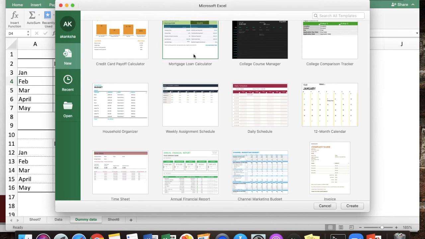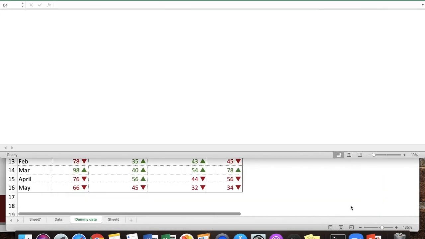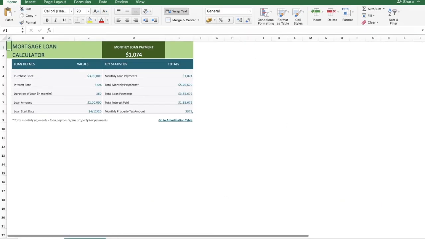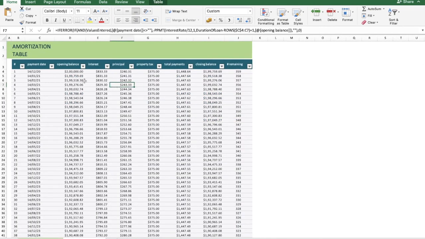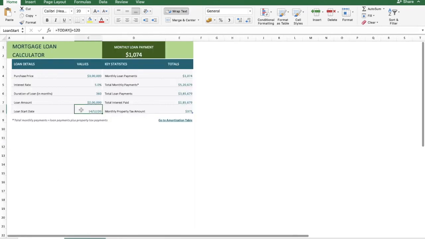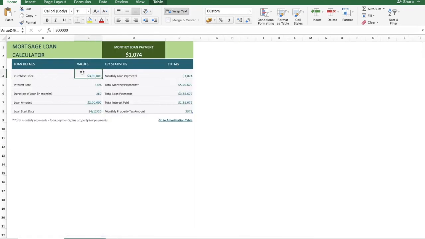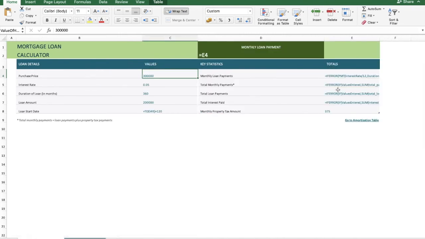So I'll select this, create, and you see it has a mortgage calculator, amortization table, and everything is predefined in the formulas. Just put your values here. I will again use that Control tilde and see where the formulas are and where the values I have to put. So actually I have to put only these four values. Every other cell will be calculated by itself.